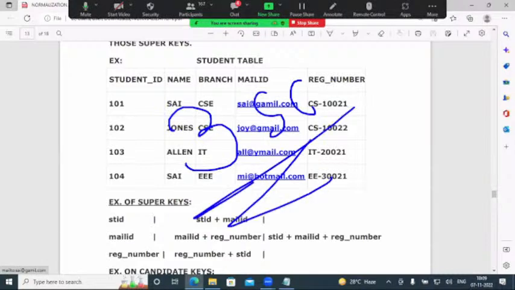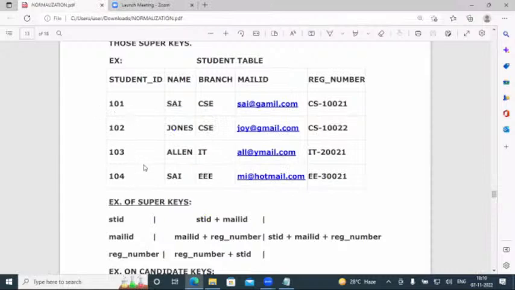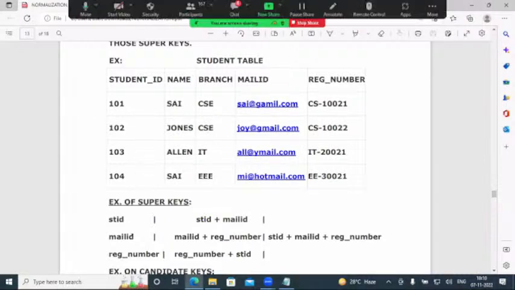This is the way to identify your super key columns in your table. That's why individually the super key columns are these 3. Every individual column that uniquely identifies a row in a table is called a super key column. So student ID, mail ID, registration number are super keys. I just keep it. Again, what it was saying,